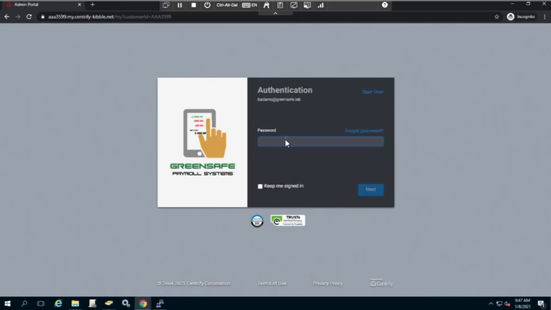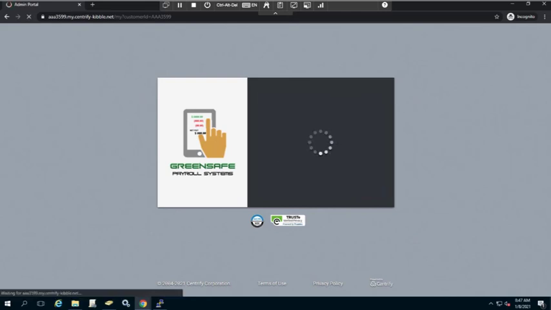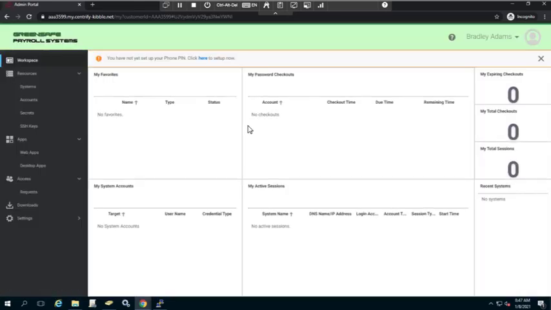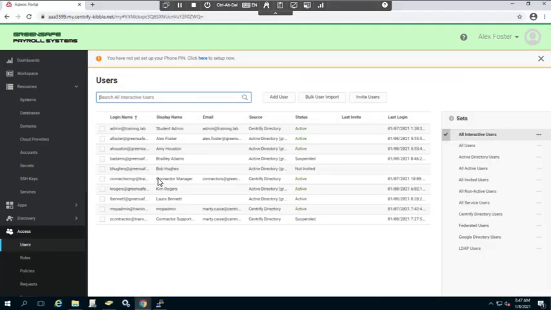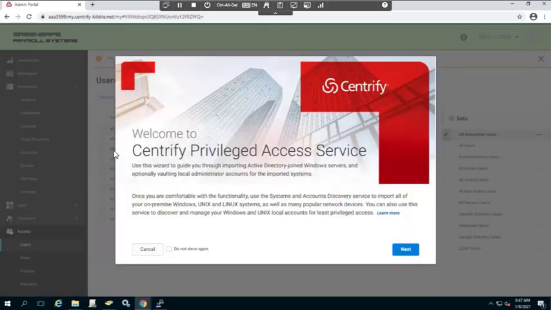So we're going to go ahead and enter in his password. It's possible that he just entered in his password incorrectly. But because his account is locked, he is going to be prompted for MFA. And now that the MFA has been satisfied, he can log in. And if we return back over to Alex Foster and give this a quick refresh, we'll notice that his account